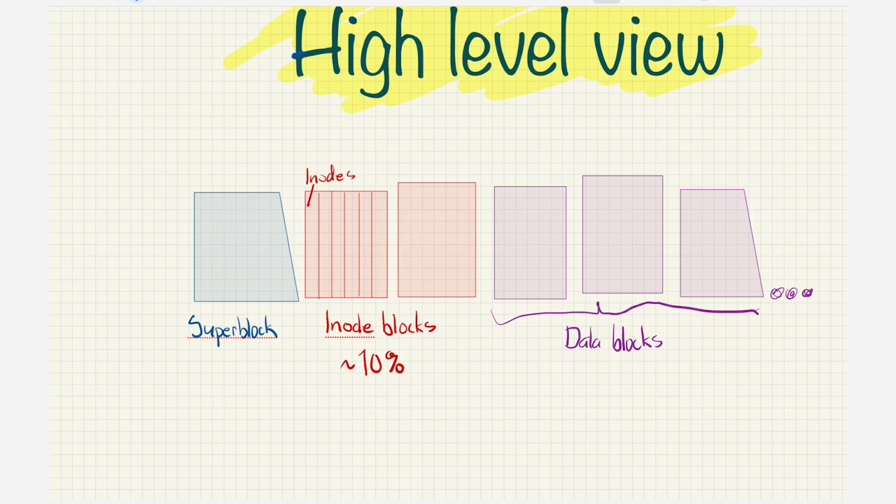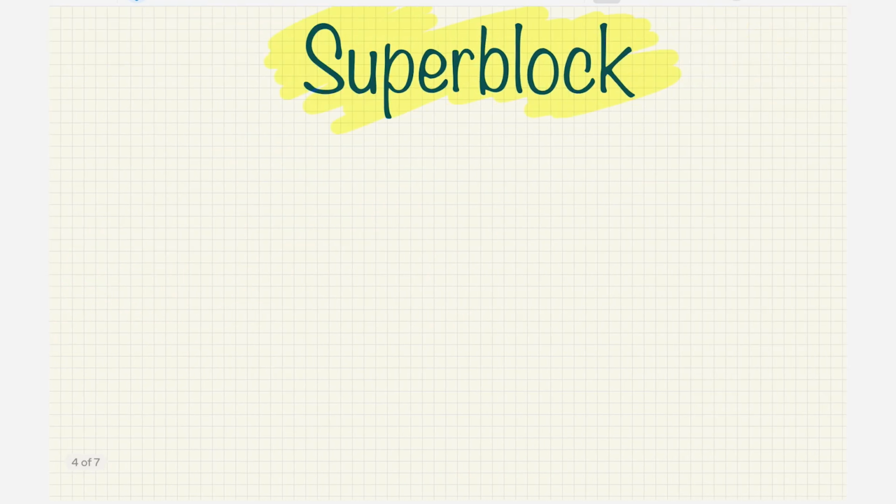All right, so let's zoom in a little bit on the superblock. The superblock looks something like this. To the left here, I will type the number of bytes. As I mentioned, the block size is 512 bytes. So that means the superblock as well will be 512 bytes total. And if we begin at the bottom part of this,